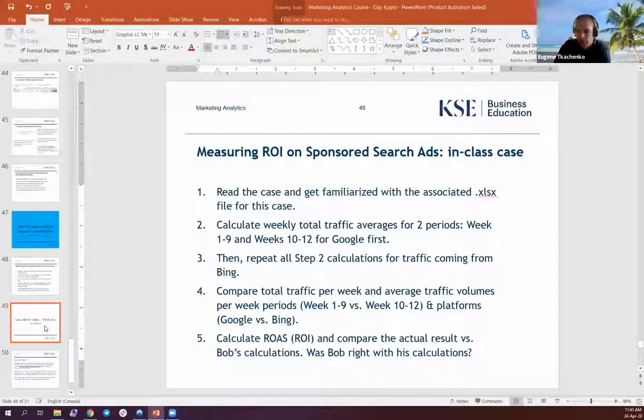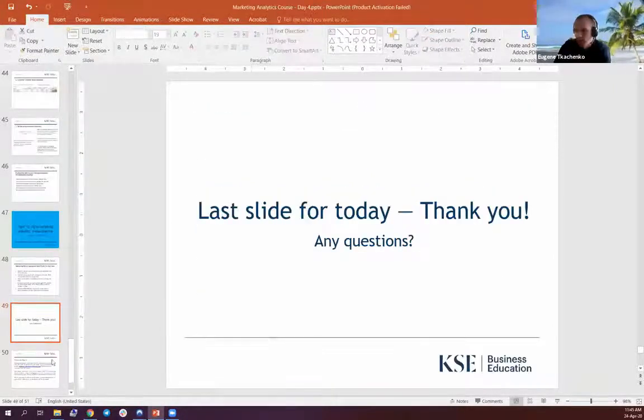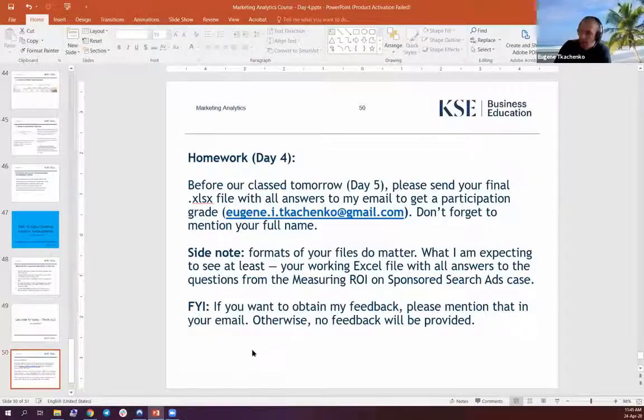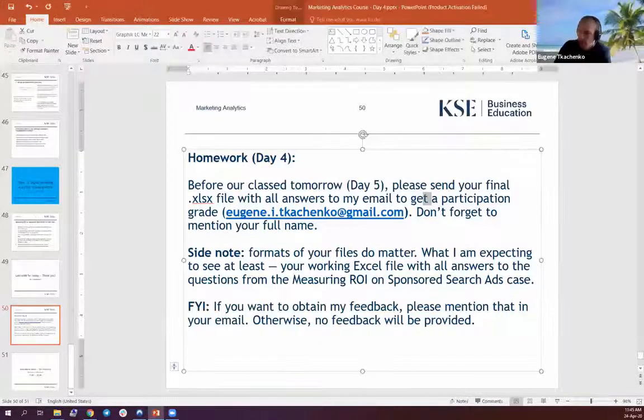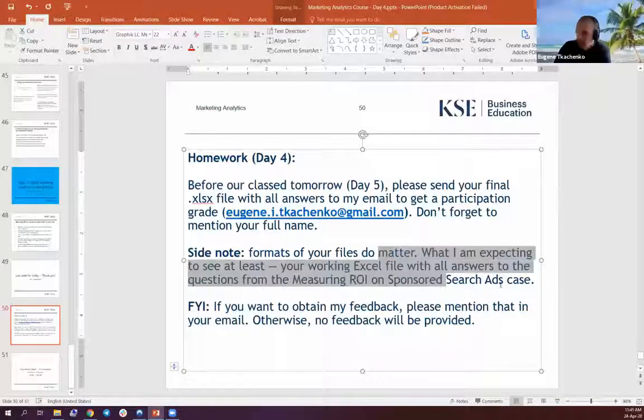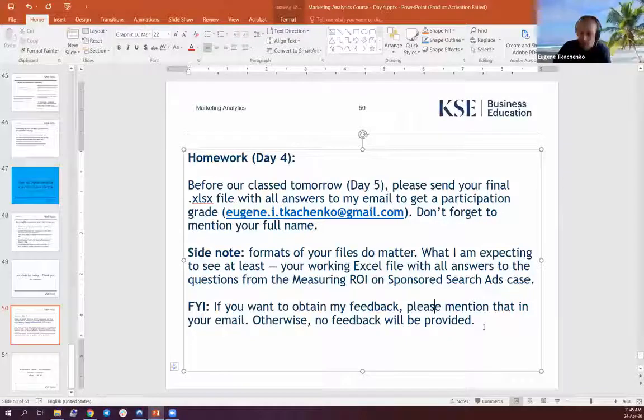The slide for today, this part with the homework, please disregard it because we accomplished this part with the search ads. But you know what? Don't worry about it. Again, if you want, feel free to send your work. For the participation mark, don't worry, because I saw the list of students who were present today, since there were a lot of communications. If you just want some feedback, let me know. Sorry, guys, just changing my mind on the fly. Again, not mandatory, but feel free to send it if you like.